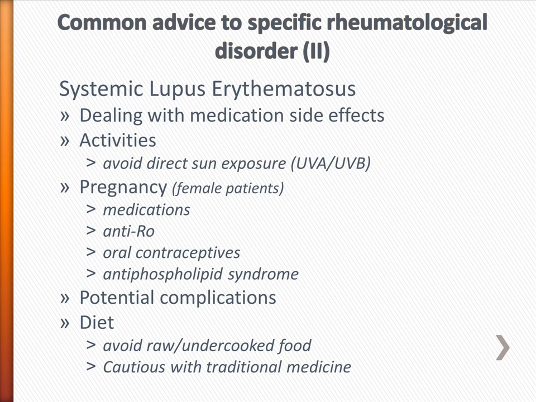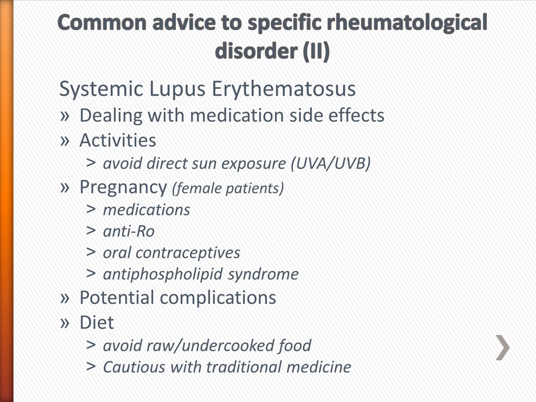For young female patients with lupus, it is important to advise them on pregnancy, depending on the type of medications they are currently on. Most of the immunosuppressants are teratogenic. Therefore, they should avoid pregnancy while on immunosuppressants. Female patients with serology positive for anti-Ro, there's a risk of baby developing congenital heart block. We assure them that they will be followed up closely by rheumatologists and obstetricians during their pregnancy.